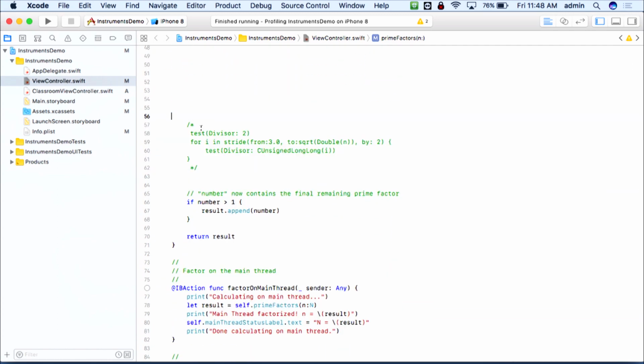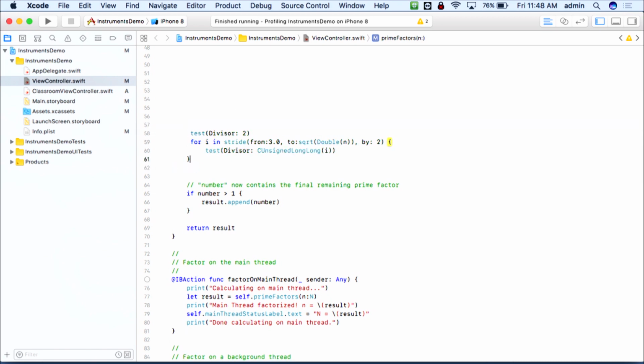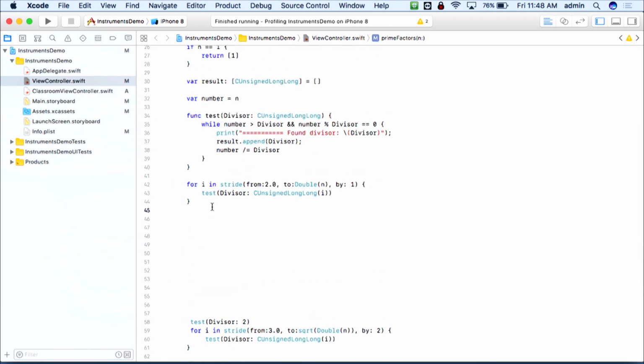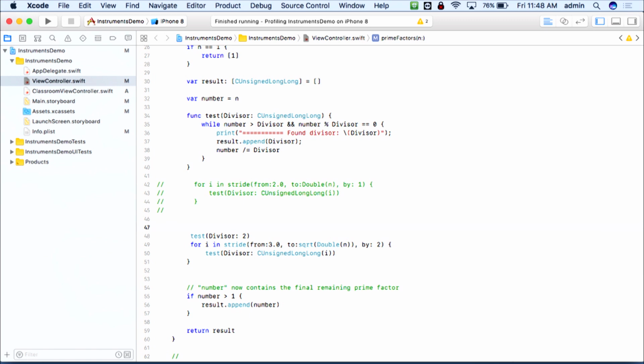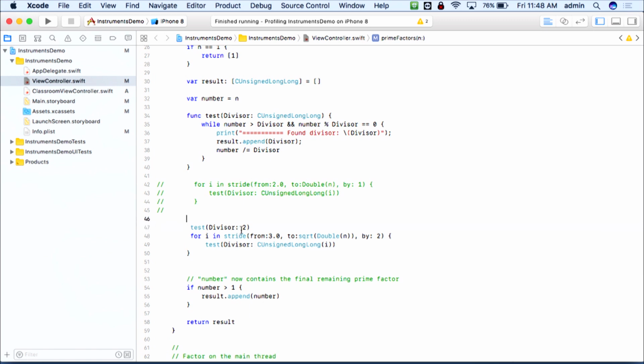So I will prove that Instruments has done its task correctly by, instead of iterating over every number, starting with the divisor 2, because that's our first prime number, and testing 2. Then starting at the number 3, because only odd numbers can be prime after 2, and going up to the square root of n by 2. So we're going to try 3, 5, 7, all the way up to the square root of n, which should be a much smaller number. And then when we go off and profile this,